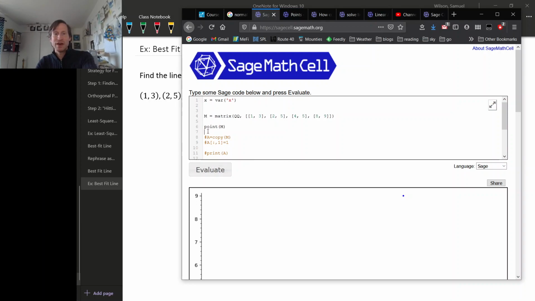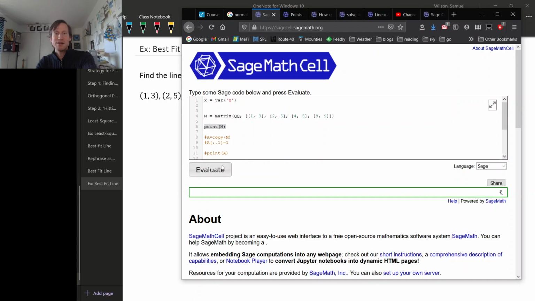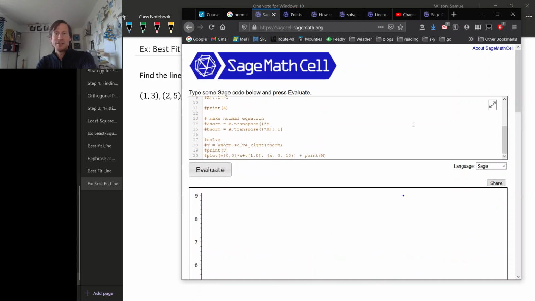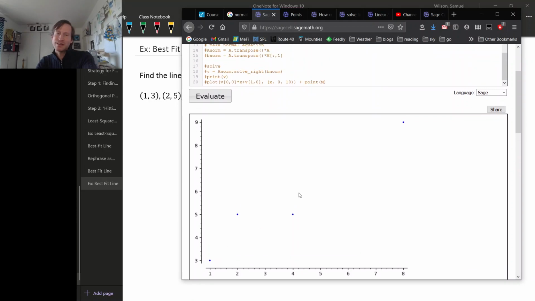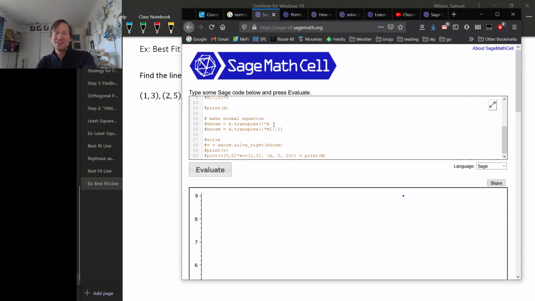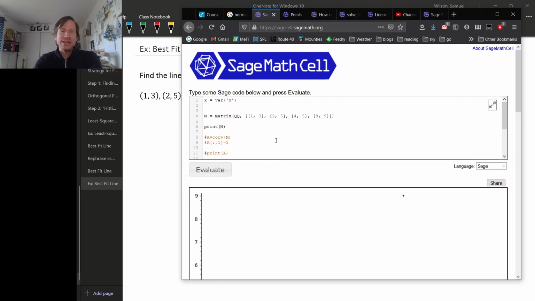Okay, so this matrix M that I have set up is just a matrix with all the data points. So if I ask Sage to plot these data points, here are the data points. You can see that the line of best fit ought to sort of go up and to the right somehow, but what exactly should its slope and y-intercept be? So what we'll do is,